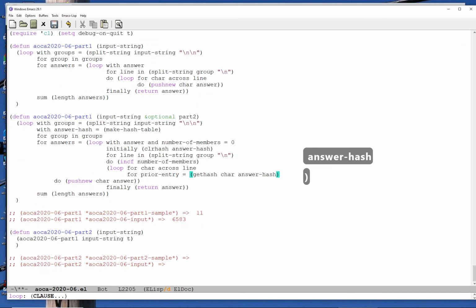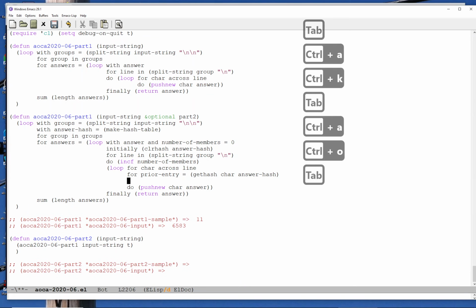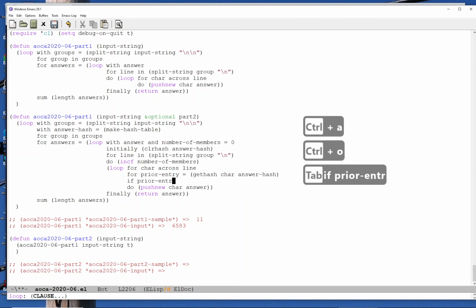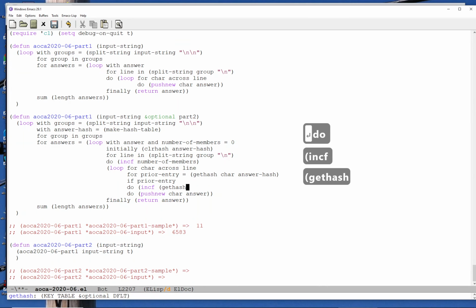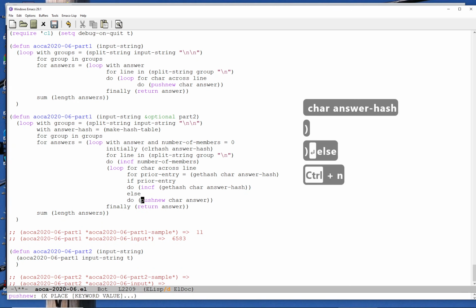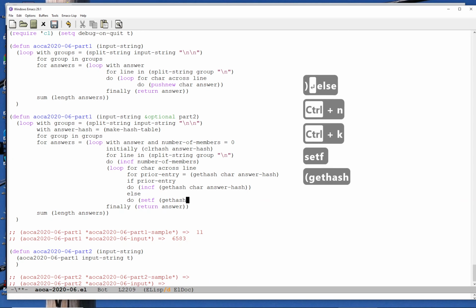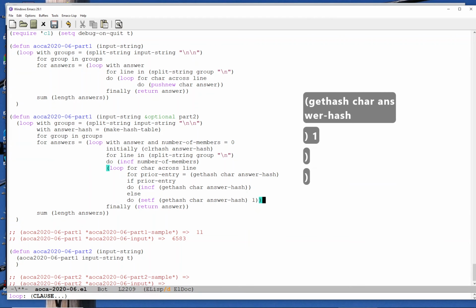So that's to see if we have any prior entry, to incf get hash char answer hash, else do setf get hash char answer hash 1. I think that's so incf, setf,